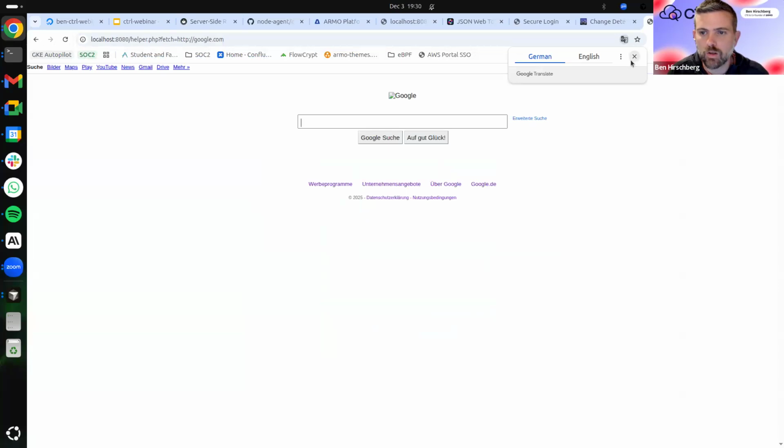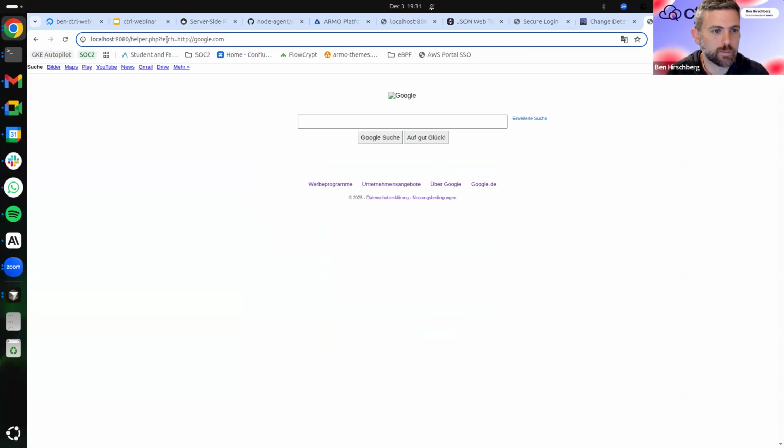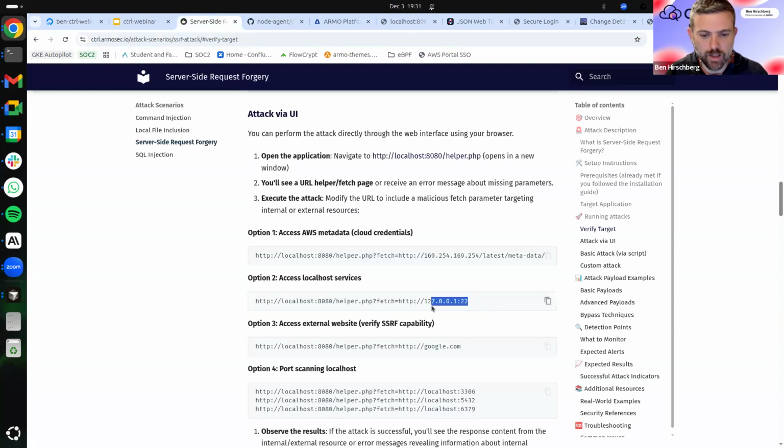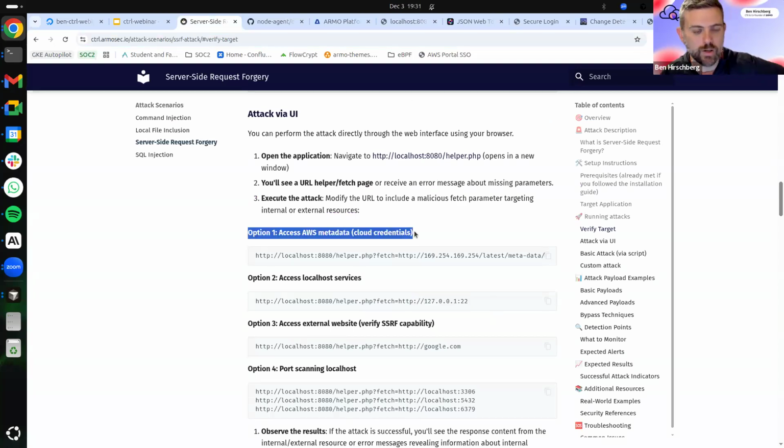Yeah. So what you can see here is that we've used this query parameter fetch, and we put a URL there, and this application pulled in that URL and returned it to the browser. In this case, you can target different endpoints. You will see here a few interesting endpoints. For example, I put here an option to test out whether you have the AWS metadata service enabled for your Kubernetes node. So if you're installing this on your